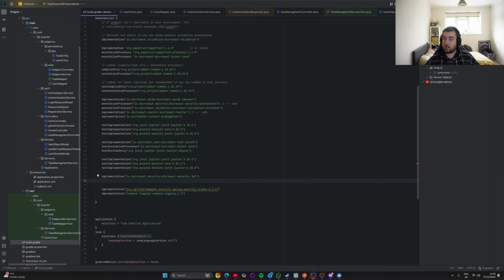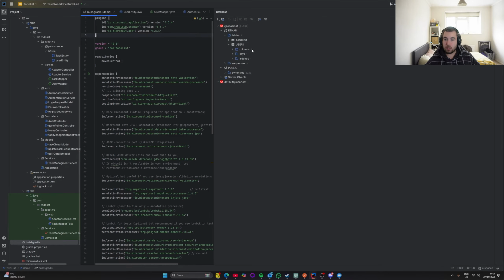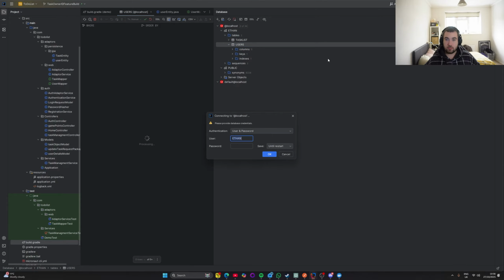So guys, authentication providers. Now this is, I'd say, not as hard to grasp once you see an example. So what I'm going to go through first is show you my table. Now you can see on the right hand side, I'm just going to bring it out a little bit, you got task list, okay, and then you got users as well. Now the users is the key part. When we go into users,